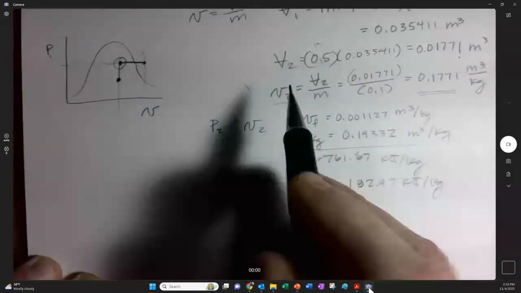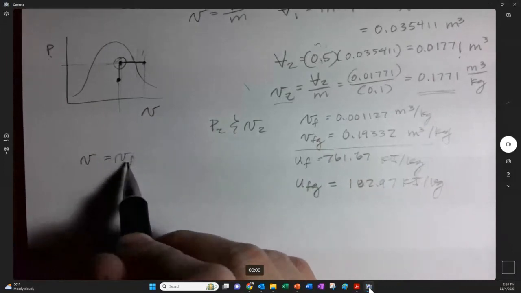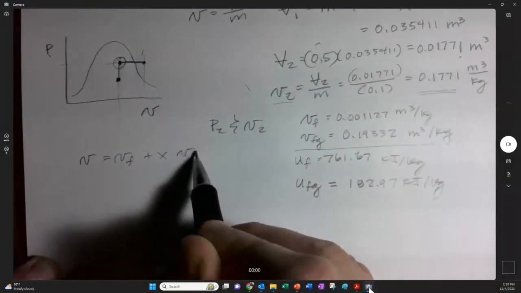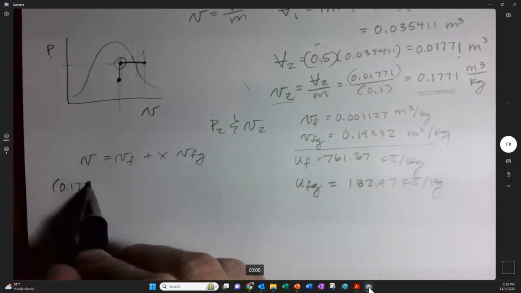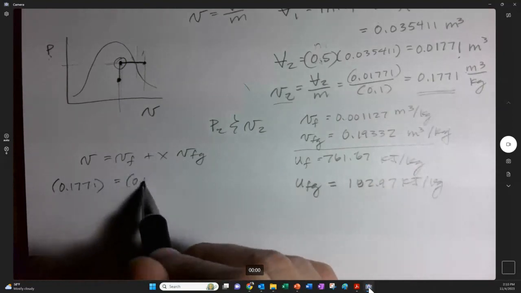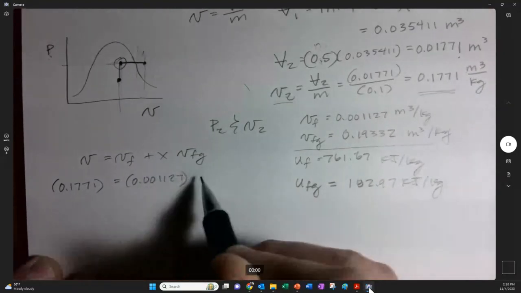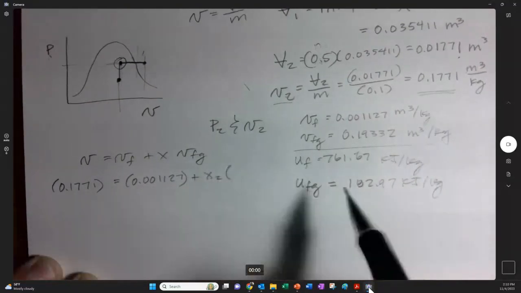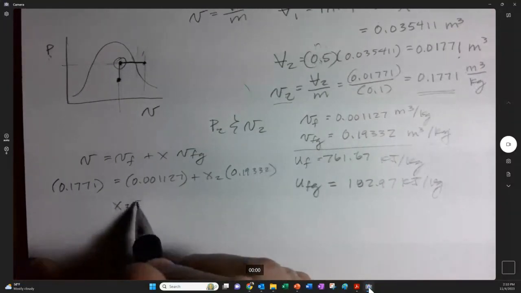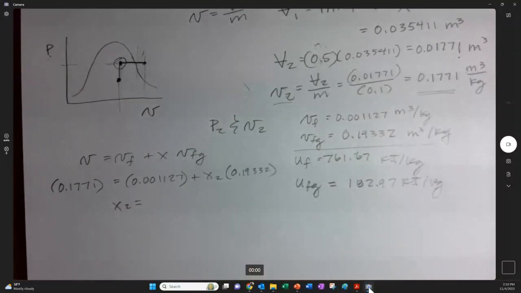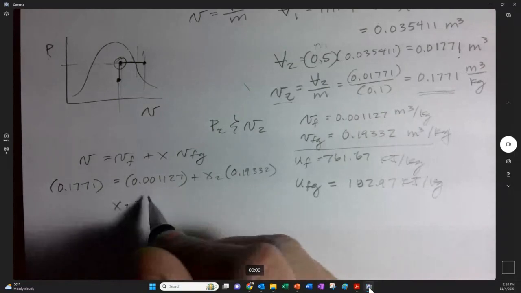So I have this, and I'm going to put it into this equation here. I have 0.1771 equal to 0.001127 plus my x2 times 0.19332, and I'll get my x2. So subtract out 0.001127, and divide by 0.19332, and we'll get that it's going to be